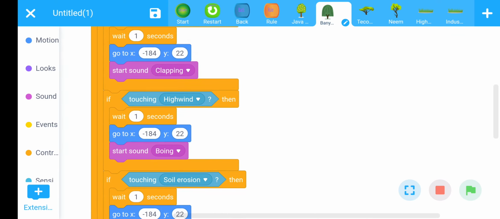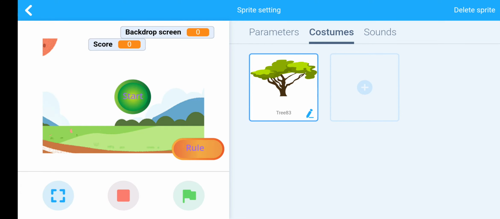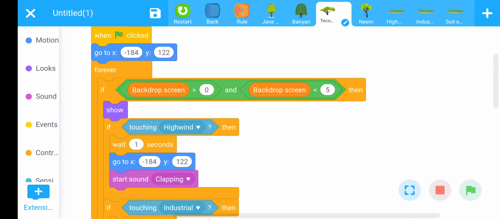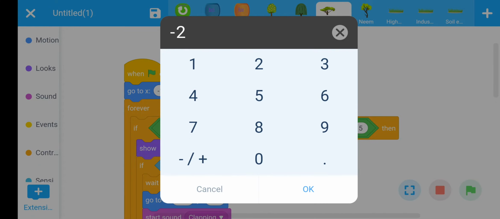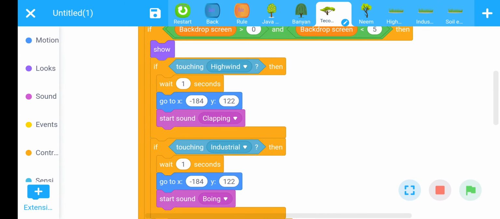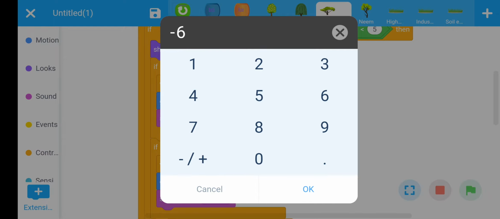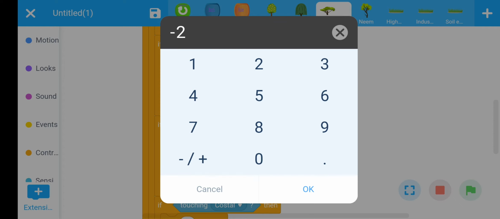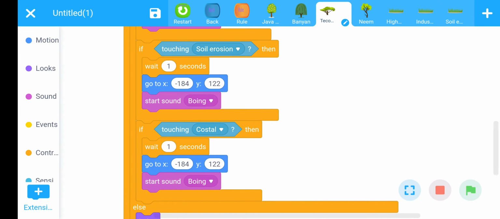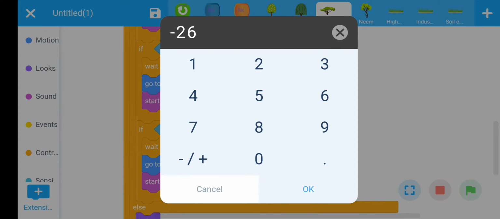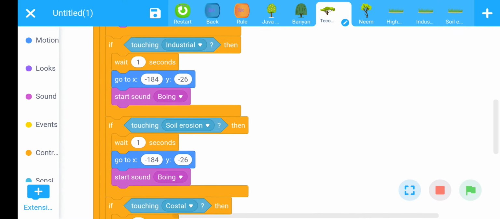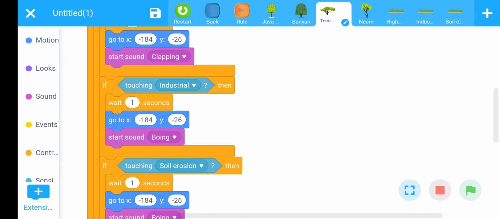Same modification should be done in Tecumseh. First, check its parameter. X is the same and Y is minus 26. Replace it with minus 26. Minus 26, minus 26. Now, for Tecumseh, the right option is soil erosion.